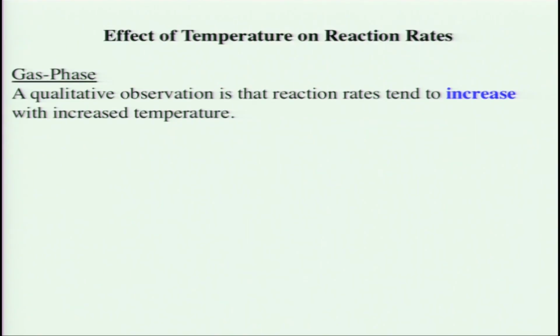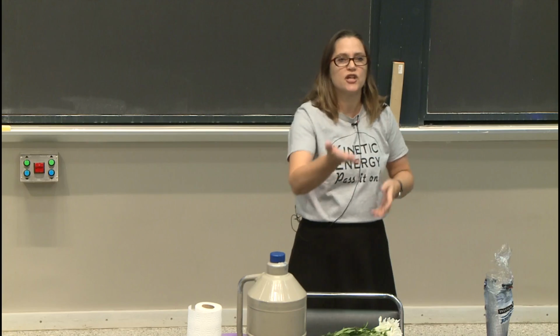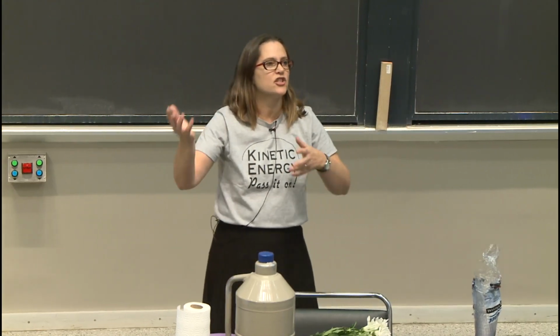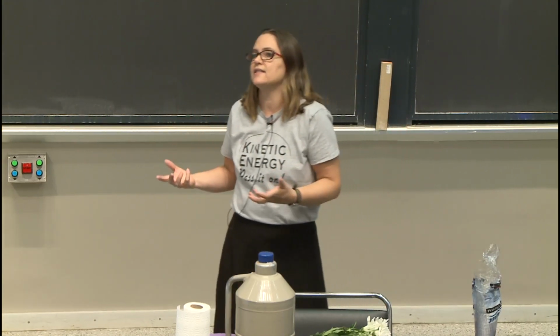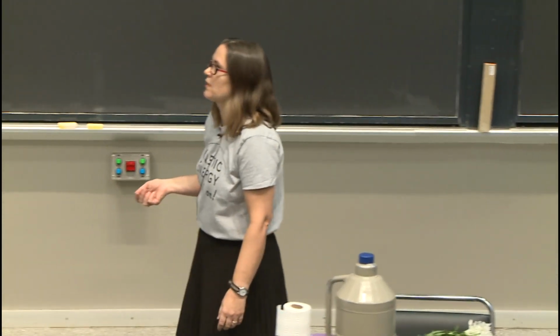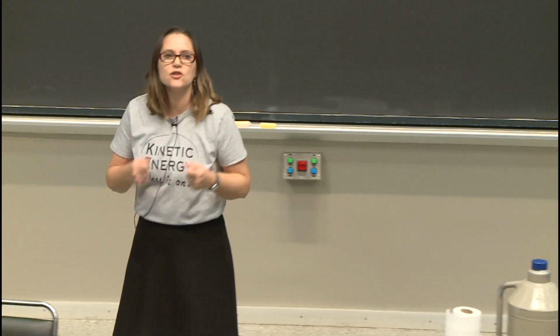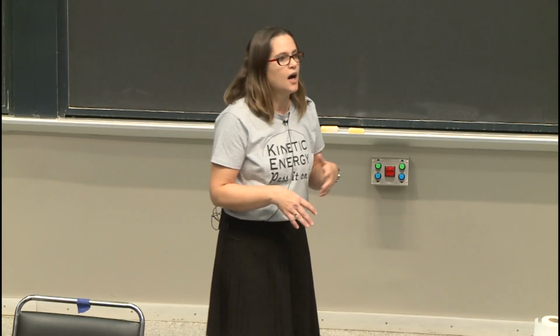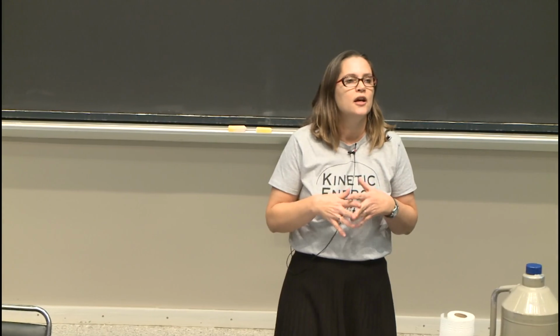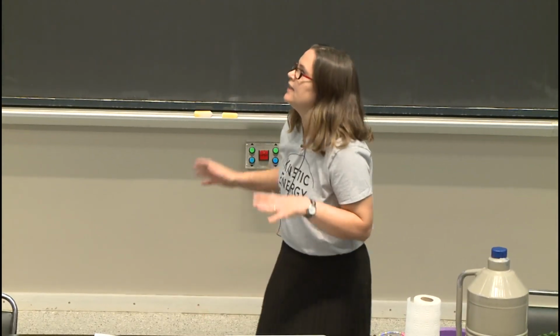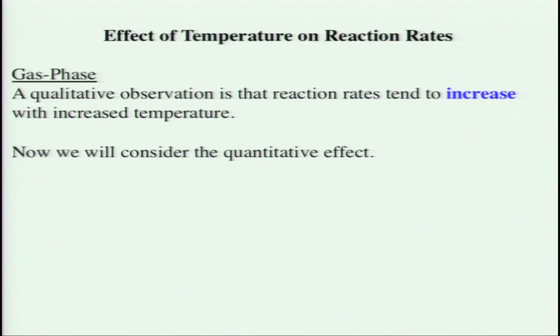We talked about this a little bit when we were talking about making bread, adding your baking soda, and about rates and why you put things in the oven. And we talked about how it has to do with the spontaneity, whether you change the temperature and what your delta H and delta S are. But we also talked about rates, and that increasing the temperature often increases the rate. So many of us have observed this. You increase the temperature, you increase the rate. But today we're going to talk about how you can quantitatively say how much the rate might be changed,